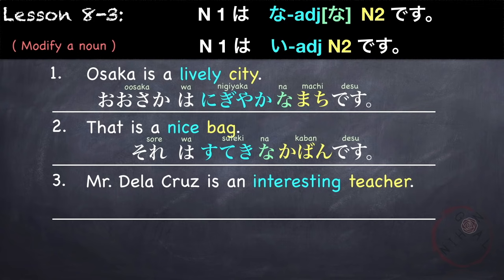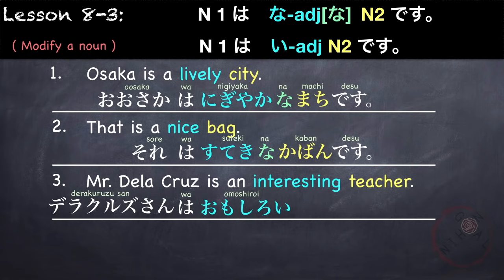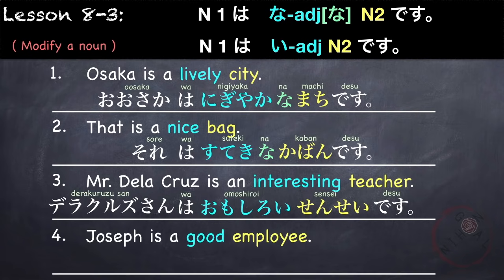Now using i-adjectives. Mr. De La Cruz is an interesting teacher. Our topic is Mr. De La Cruz. De La Cruz-san wa. Our adjective is interesting, which is an i-adjective. 面白い sensei です。So teacher is sensei. So no need to add any particle in between. De La Cruz-san wa 面白い先生です。